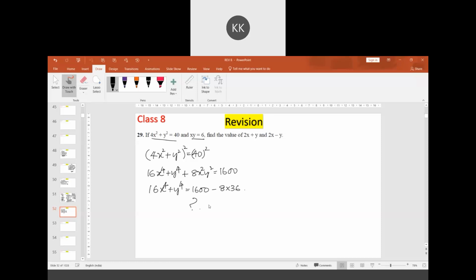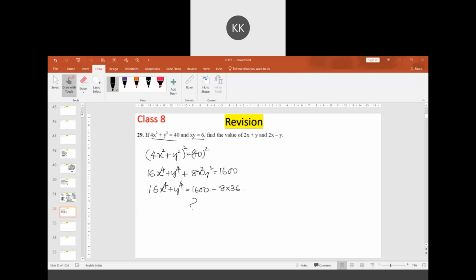Sir, how should we multiply? I should not multiply. I don't understand. We should multiply the whole square, 2x plus y whole square. We can write 4x square plus y square as 2x plus y whole square. How can we write that? We cannot write like that. It will be 2x whole square plus y square. It cannot be 2x plus y whole square.